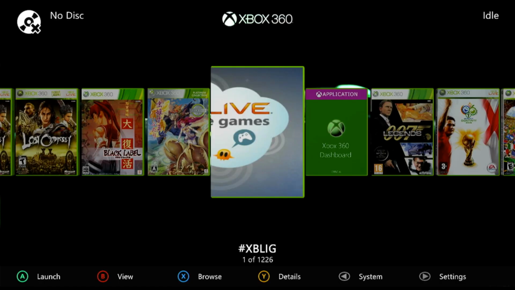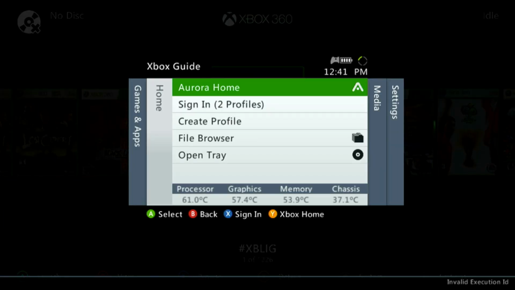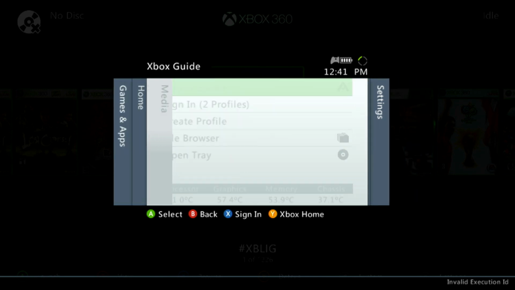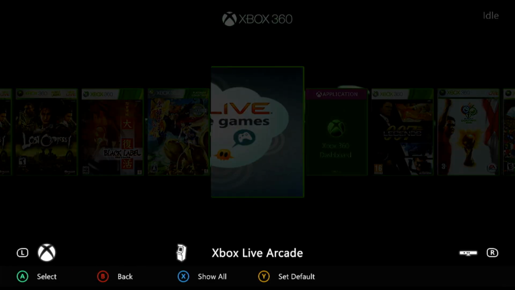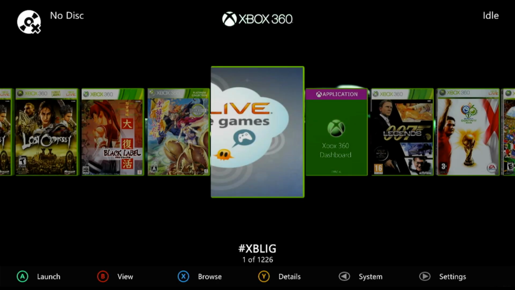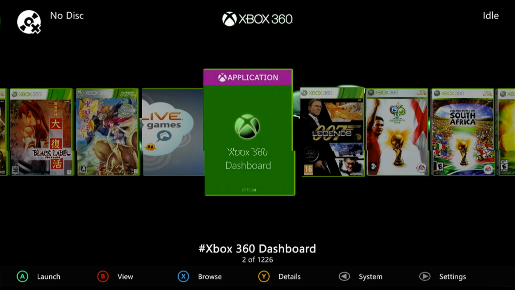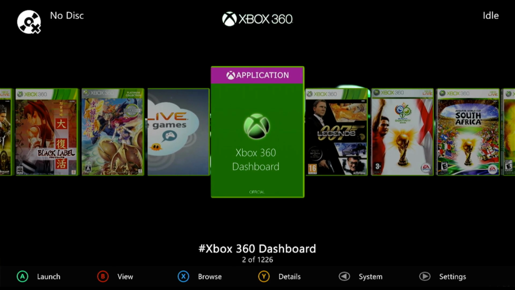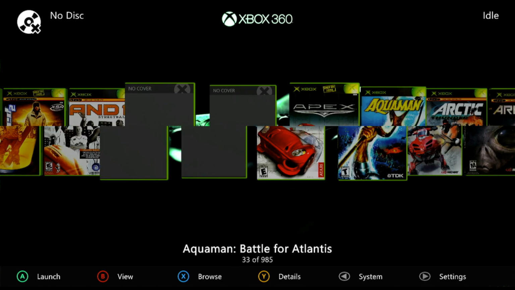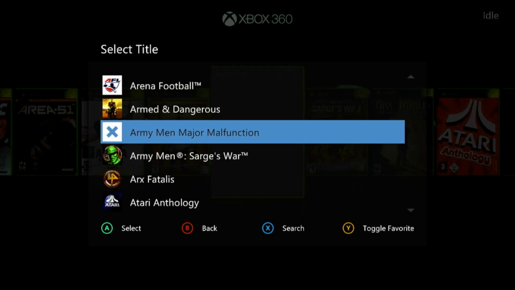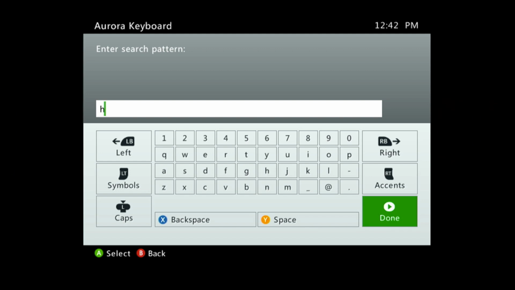All right, we are back, and we will filter to the Xbox games. If I press the guide button, you'll see that Tethered is not loaded here, so there's nothing that would prevent us from launching these games. We can go to Xbox Classic. It does take a second to load. All right, we're here. Look at that. Let's click on a game that I know will actually work, like Halo. So if I go browse and search Halo,